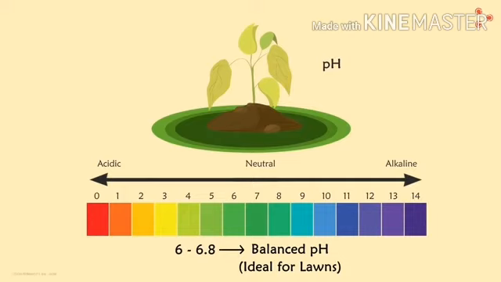Suppose the pH is decreasing, that means it is approaching 0. If acid content is present in the soil, it will affect the growth of the plant. So how can we maintain the pH of the soil if the soil contains more acidic content? The best way is to add some basic substance to it. When a base is added, neutralization will take place and the excess acid will get removed.